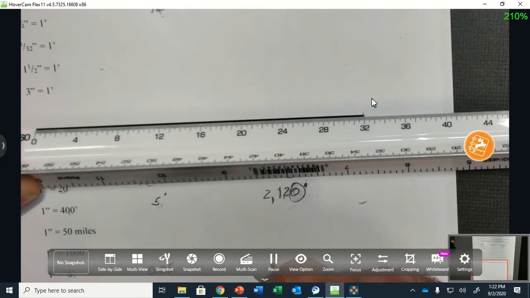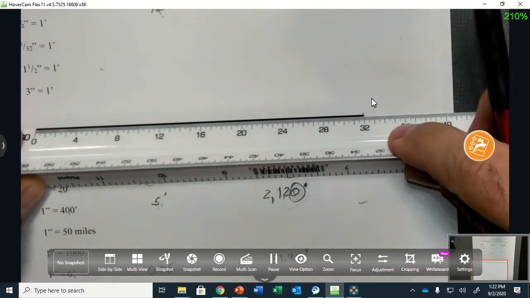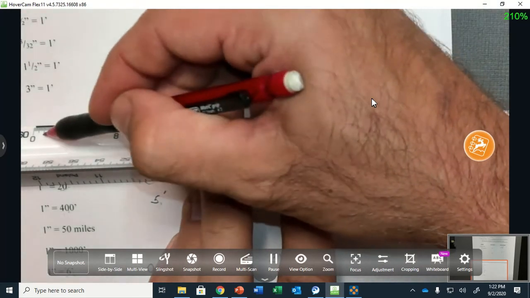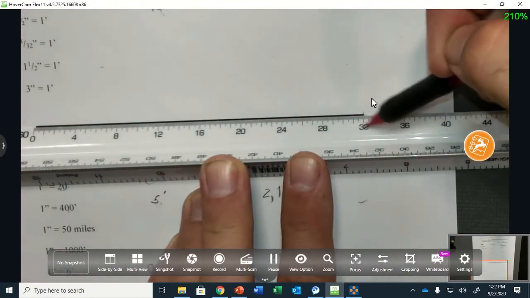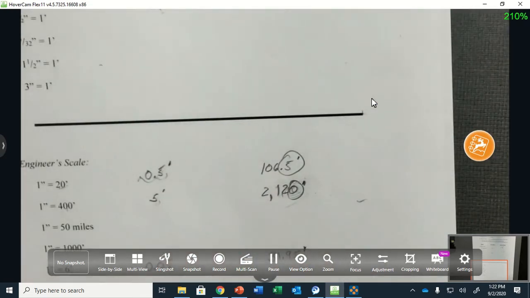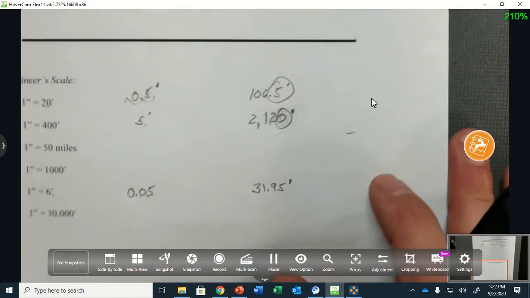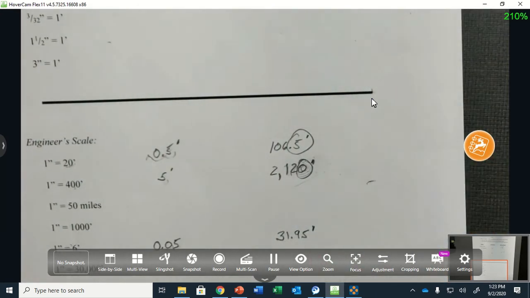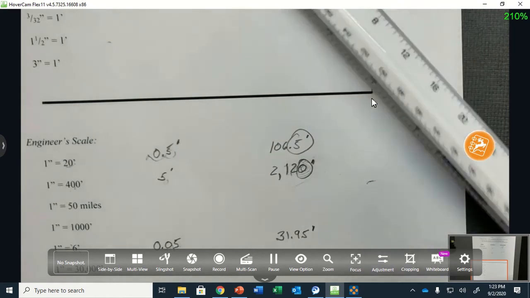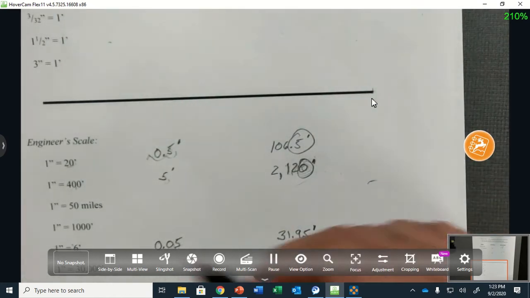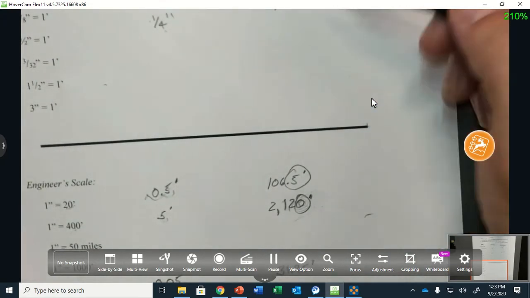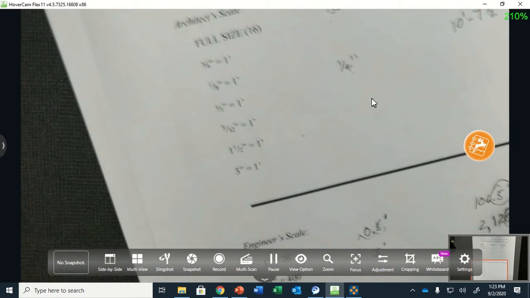So it's 31.95 feet. Right? No zeros. The 0 is gone. So that means this is 4, this is 1. So that means I don't have to add any zeros. Okay? You probably couldn't see me write that down, but I think you saw me measure it. All right, so architect scale. You notice there's no feet or inches in the engineering scale. There's feet and inches in the architect scale. Okay. All right. So with that,